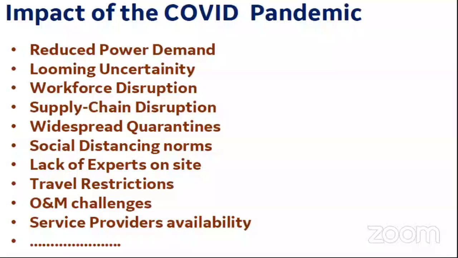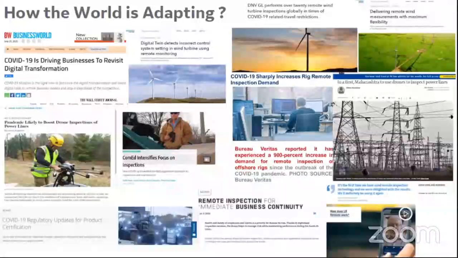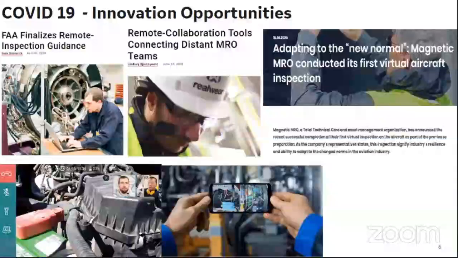So COVID has been a big leveler for everybody, especially in adoption of technologies. COVID has forced people and industries to use more technologies, and the world has really adopted things like digital twins, drone-based inspections, AI, remote inspection, everything you can talk of, even in the NDE world. So many news reports about how exponential increase in the use of things like remote inspection has happened. And of course, regulatory bodies have also helped us, things like FAA came in and did give a guideline on remote inspection for the airlines. And that again is very, very important.